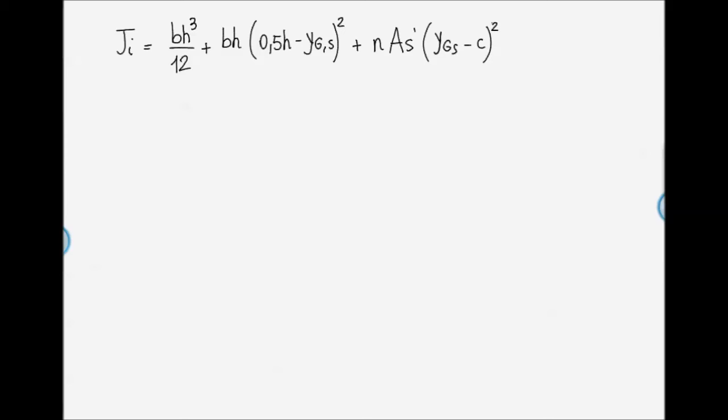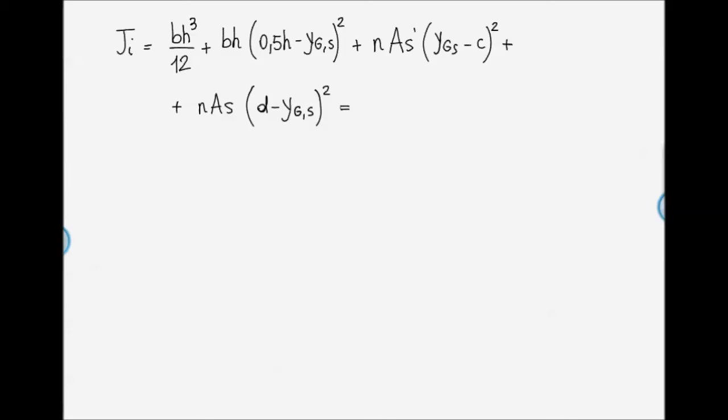So we have JI, that is equal to the moment of inertia of the concrete, that is the sum of these two components, of course, plus the contribution of the compressed reinforcement, N AS prime by YGS minus C squared, plus the contribution of the tensile reinforcement, N AS by D minus YGS squared,